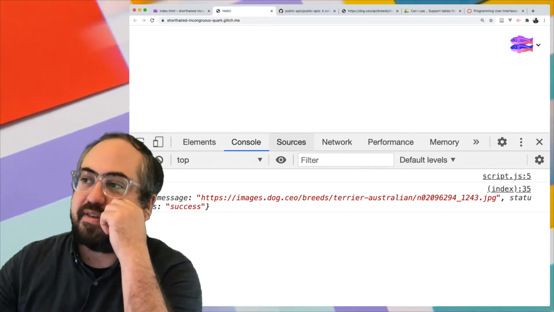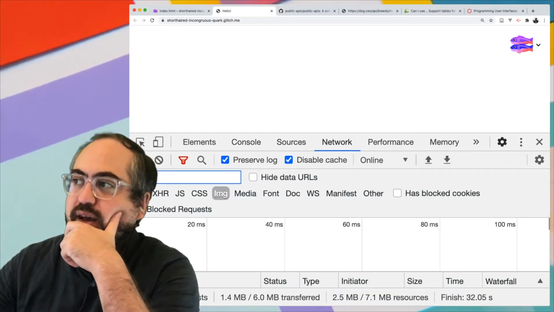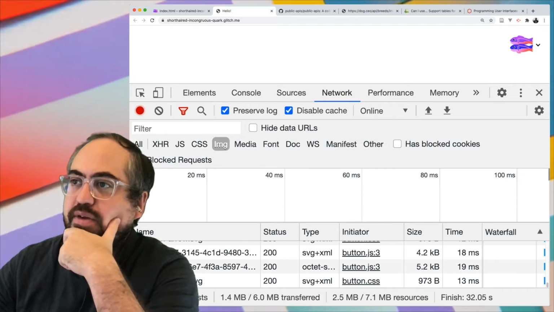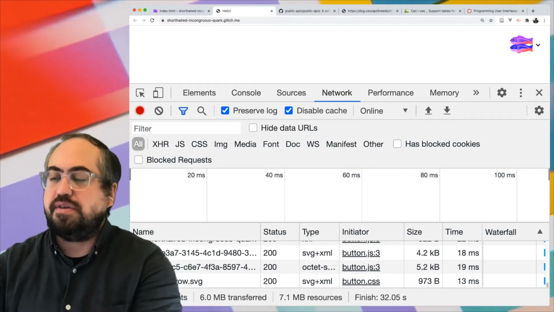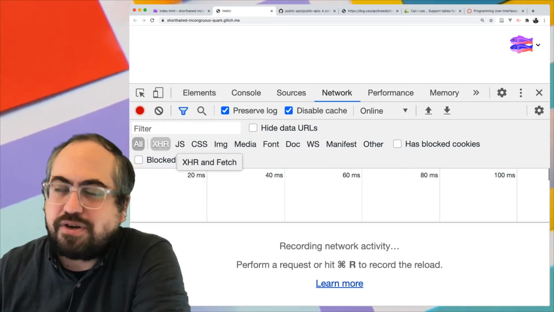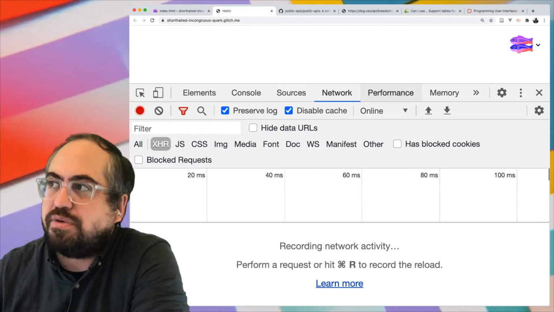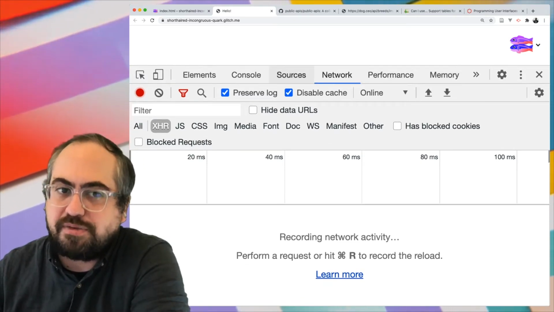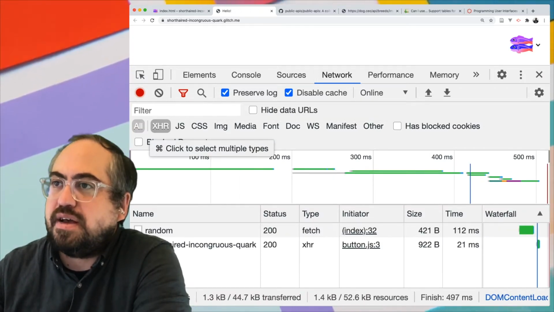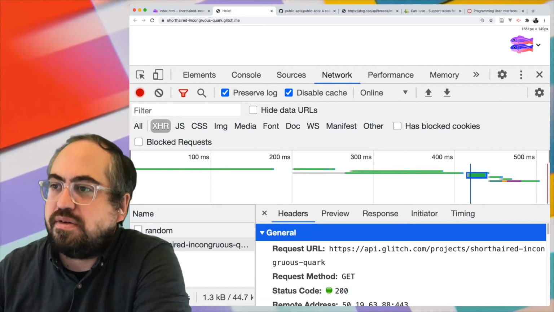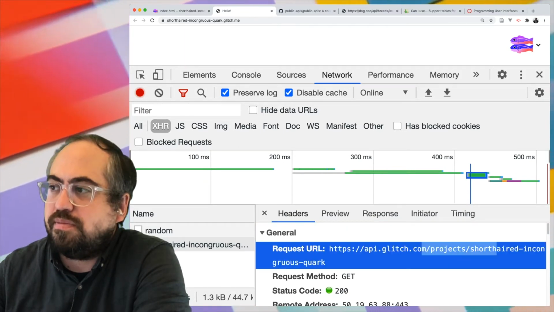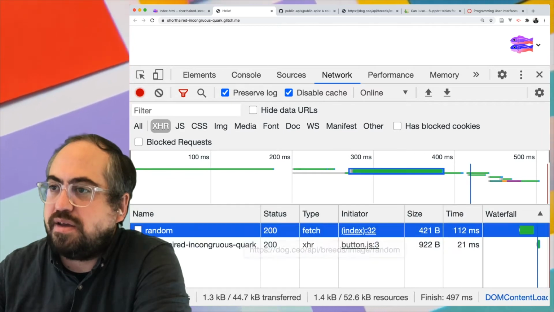And if you look at the network tab, you can see that the network tab shows all the requests that have been made, and there are different categories for them. There's the all category, and another category is the XHR category, and this shows all the requests that were made after the page was loaded, so these JavaScript requests. And so you can see that it made this request to the API,